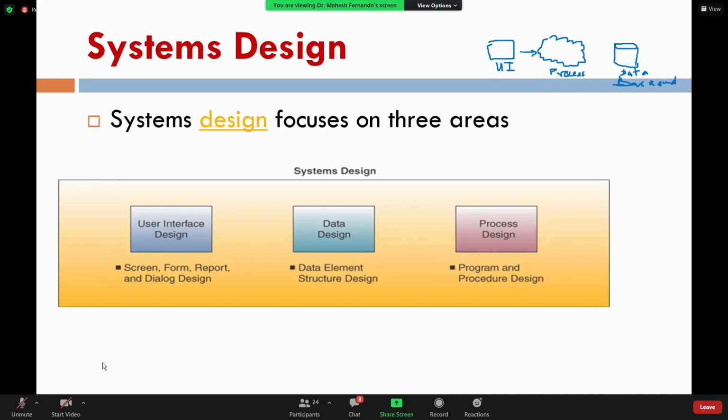Right? So what is happening is that every time we need to think of these three sides. Initially the user interface, then the processes, because different processes are communicating with each other here to generate information, and ultimately